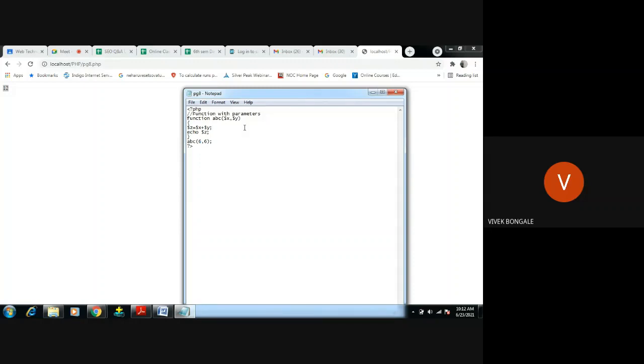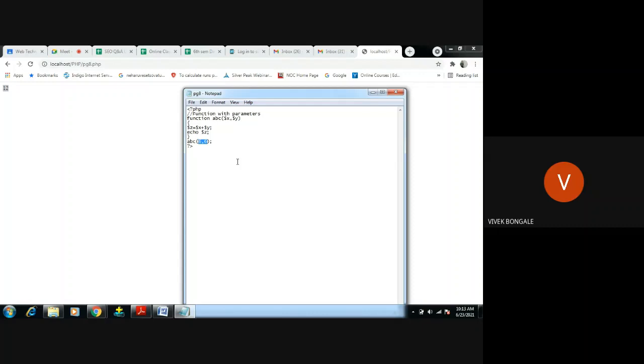So what we learned here: what a function is, the syntax of the function, calling the function, then the parameters, calling with the parameters, and then how to send a default value to a function. Right, these are the things we have learned. Okay, this is what a function is.